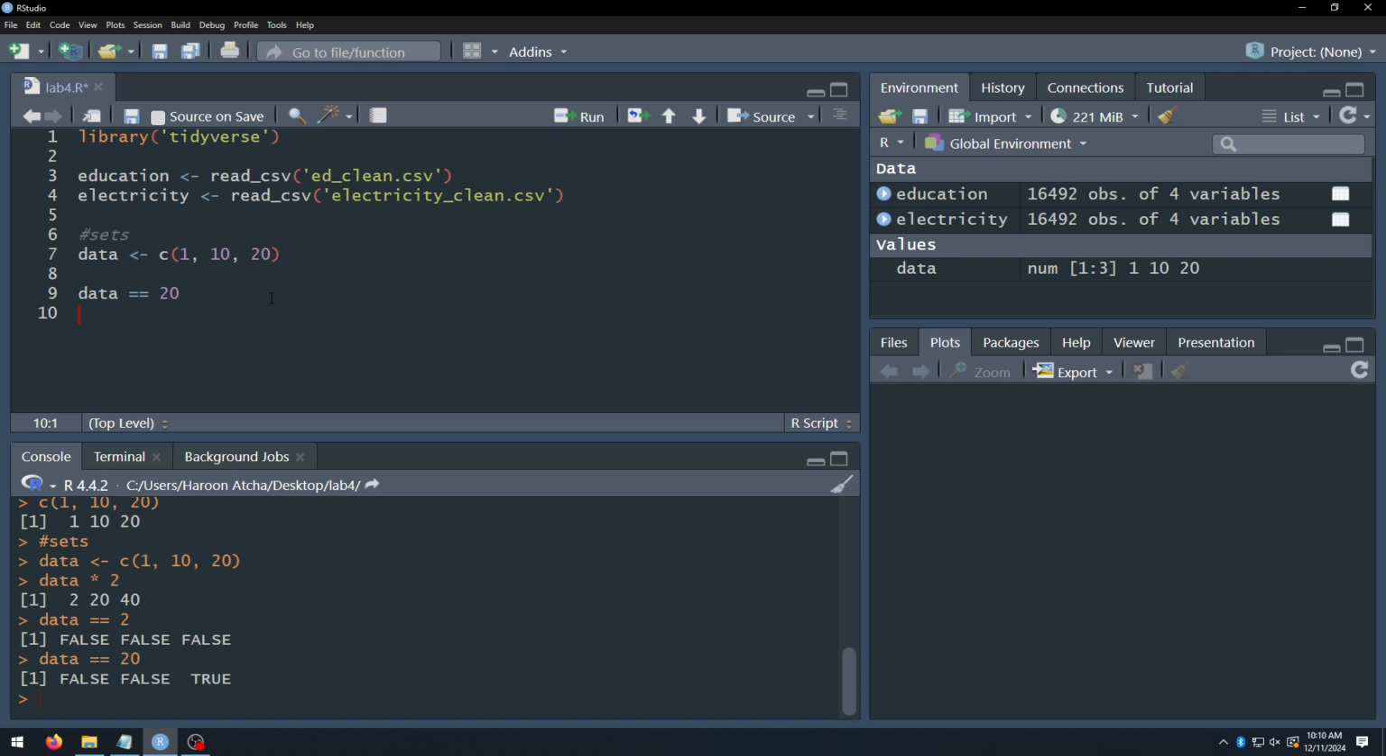If we do data double equals 20, we'll get false, false, true, because 1 does not equal 20, 10 does not equal 20, but 20 does equal 20, right? So sets are very helpful when we want to put a collection of things together, right? Like I said, we've already used this in our ggplot example, but you'll use it anytime you need to consider